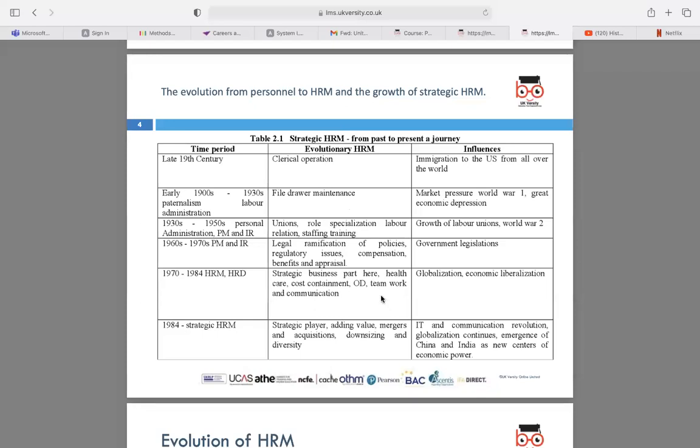It actually sounds really crazy, but you started with file drawer maintenance in the early 1900s, because there was World War and there was economic depression and pressure. So there are so many changes that have happened, and specifically in the late 1900s and 2000s, there have been so many changes in terms of technology and IT coming up and booming, that everything is digitalized now. There are very few organizations that maintain a paper file or a paper drawer. Everything is going digital basically, and we are making changes.